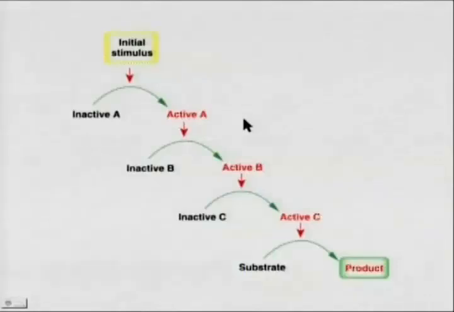Also, we remember that we amplify the signal by having inactive enzyme 1 being activated by the initial stimulus, being around to activate a lot of inactive B, being around to activate a lot of inactive C, acting on a lot of substrate to produce a lot of product. So this cascading amplifying effect can have persistent and dramatic effects on the target cell beyond, of course, just secretion